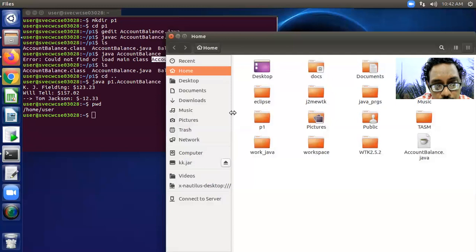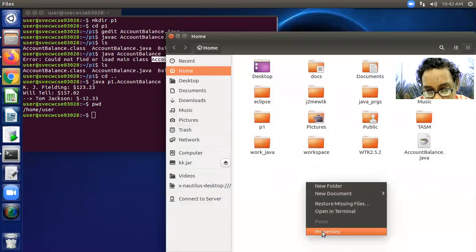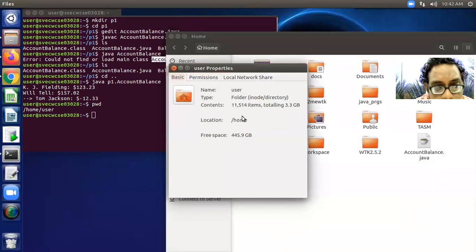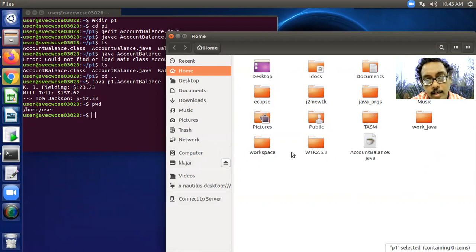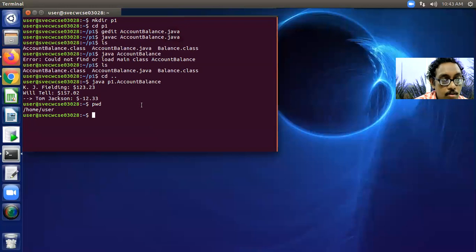So this is my path, /home/user. It has the package folder in it. Before creating the p1 package, I am deleting it. Then javac -d . where the dot indicates the current location.